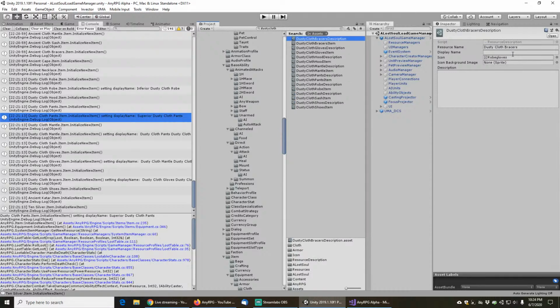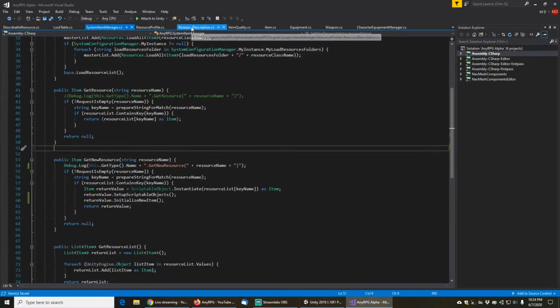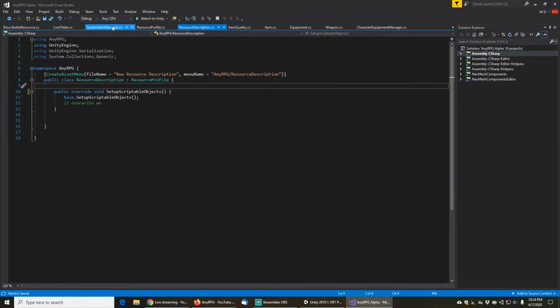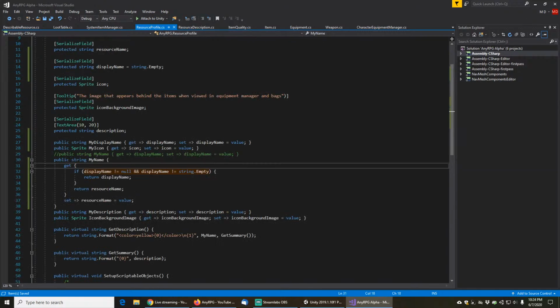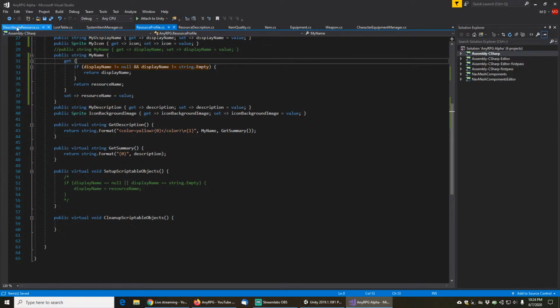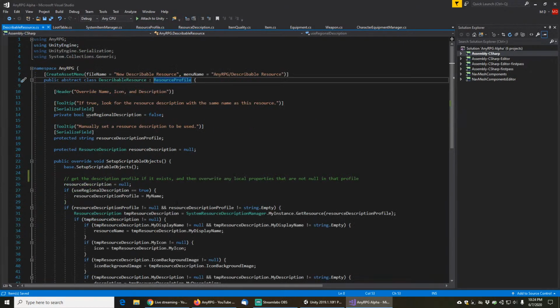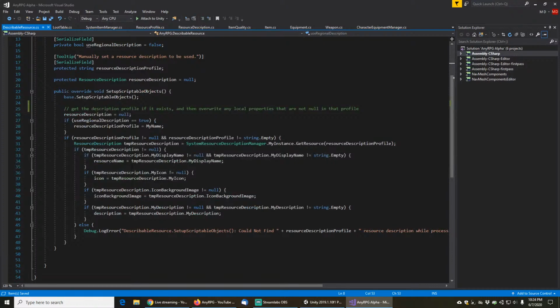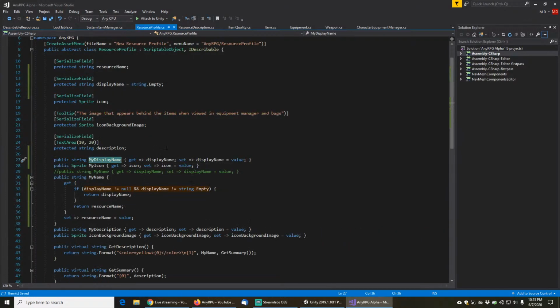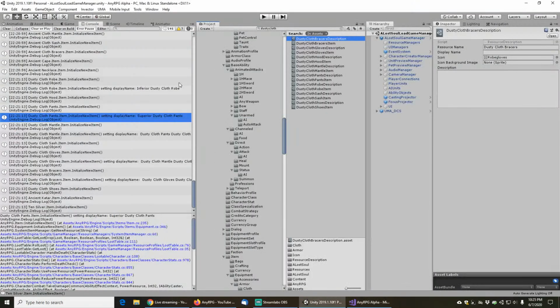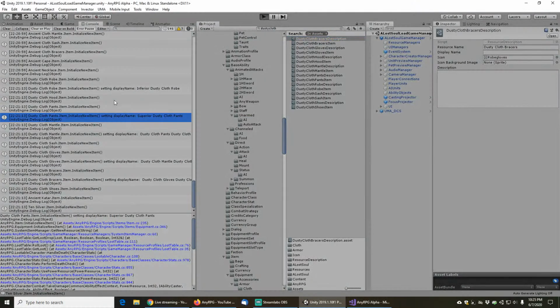So if I look at the Dusty Cloth Bracers description, when we look at the setup scriptable objects call, we set the resource based on my display name, which is fine because that's just display name. Okay, let's just run this again and just see